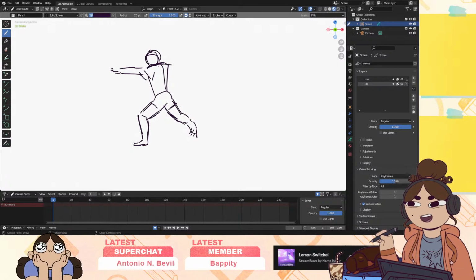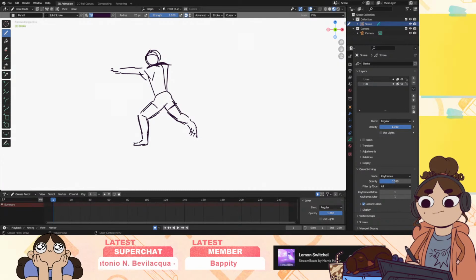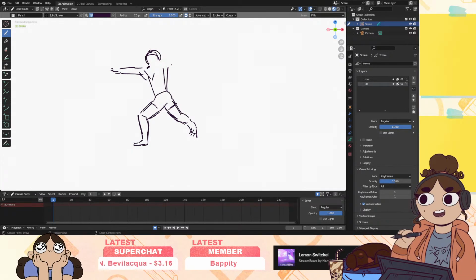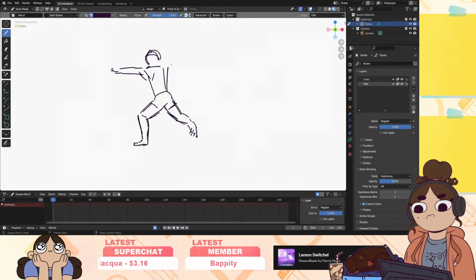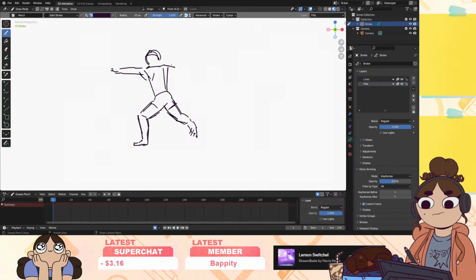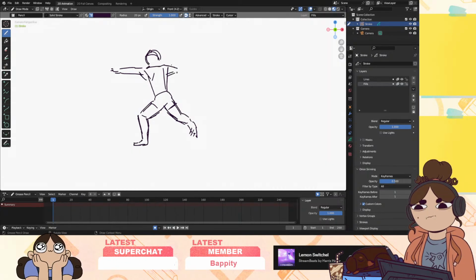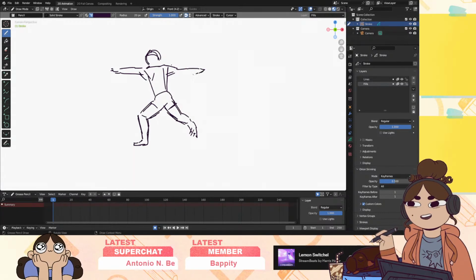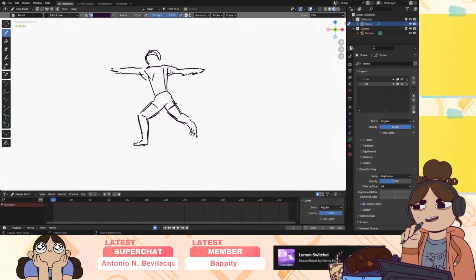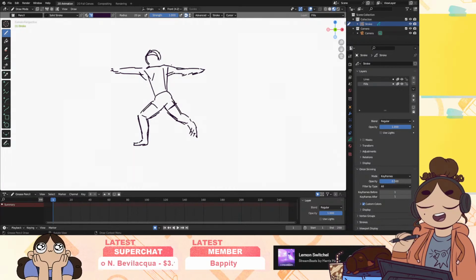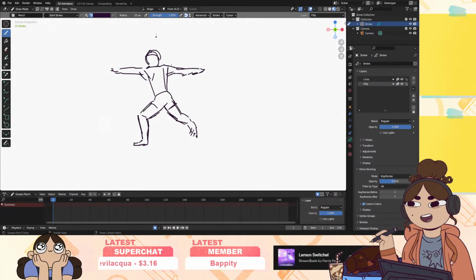So it looks like, let's get rid of this top bit. And then the hand is, again, like a smear. It's good practice for smears if you're doing